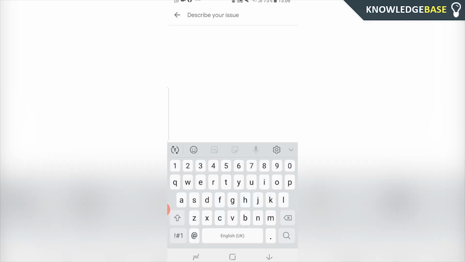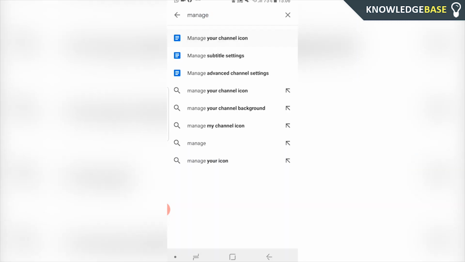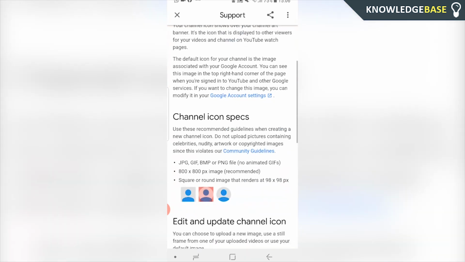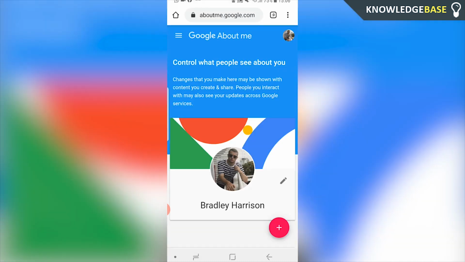So describe your issue. We then want to type in manage and we should see it here. It should say manage your channel icon. Click on that. Then we can scroll down and we want to click on Google account settings. Once you've done that, it's going to take you to your Google account where you can then go and change